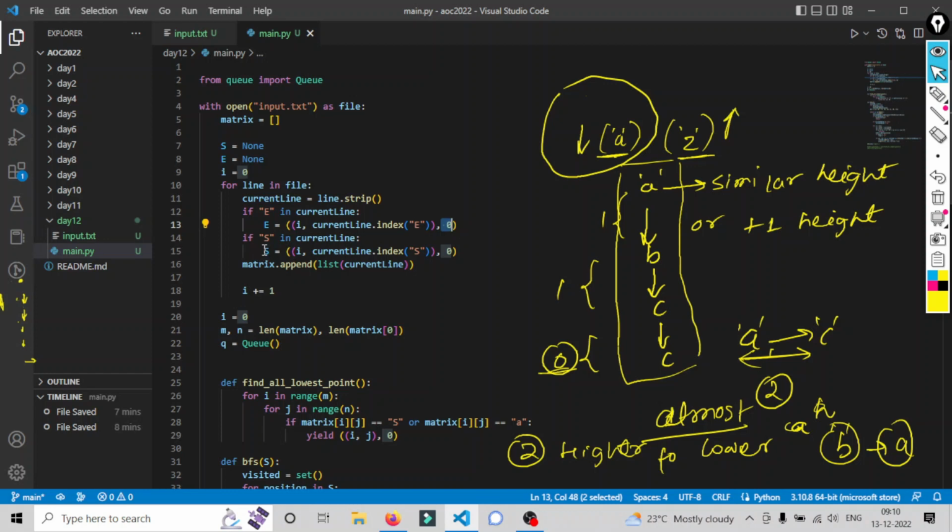Similarly for source, if S is in the current row, then mark the row as I, and find the S value in the current line, which will be the column value, and initialize the distance and append that current line into the matrix array. Okay,